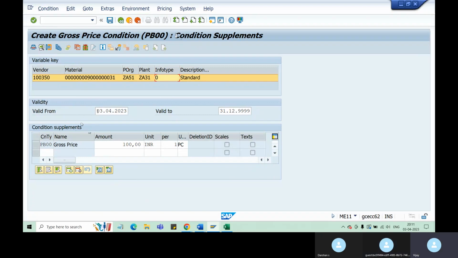See here, as I told you, validity is there. There will be an agreement between you and the vendor, right? So always for practice, you will give the validity long term. You can give for 2 years or 3 years, it is left to you. So condition type, as of now, just remember this line standard. Later we will tell you how you get this condition type. PB00 means this is a